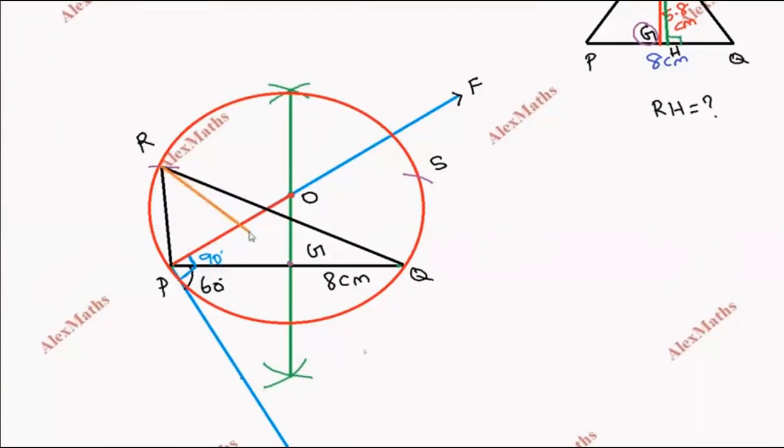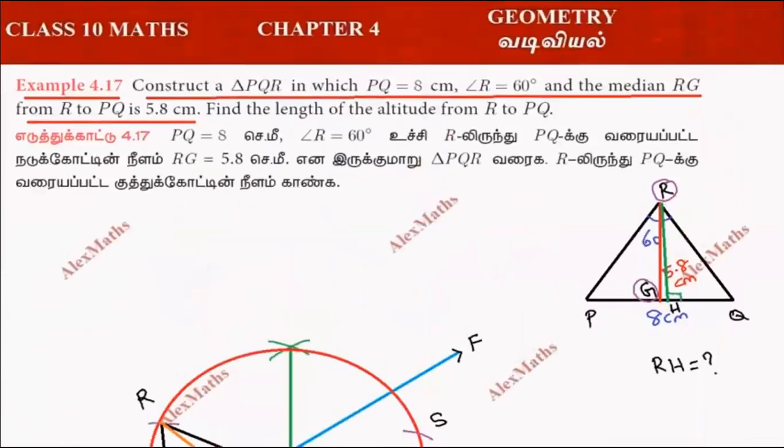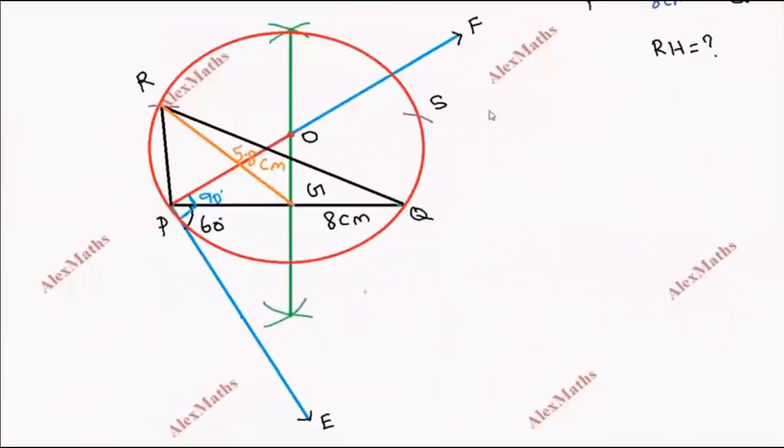Okay. Now in the question we are going to find the length of the altitude. For that, what we are going to do is we are extending the line PQ. Since it is given, find the length of the altitude from R to PQ. For that, we are just extending the line PQ. Now, with R as center, you can draw